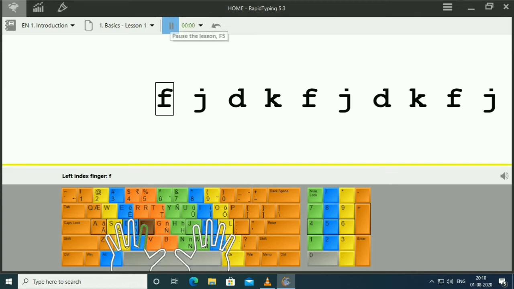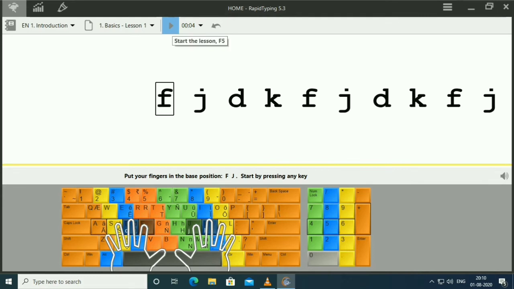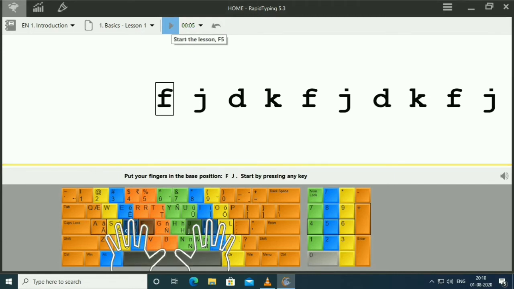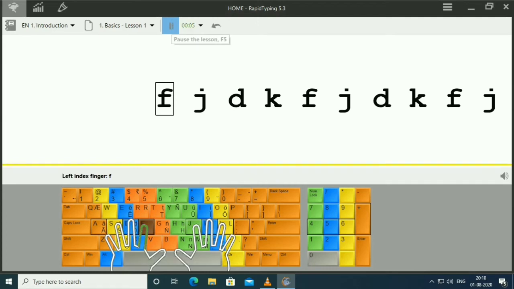Start your first lesson in Typing Tutor. Select the keyboard layout. Select the lesson category on the taskbar shown. Select the level as beginner. In beginner, you have to select lesson 1. In the basic level, 9 lessons are there. Any lesson you can choose. First I am going to select lesson 1. When everything is ready, put your fingers in the initial position shown on the keyboard and start typing the text.